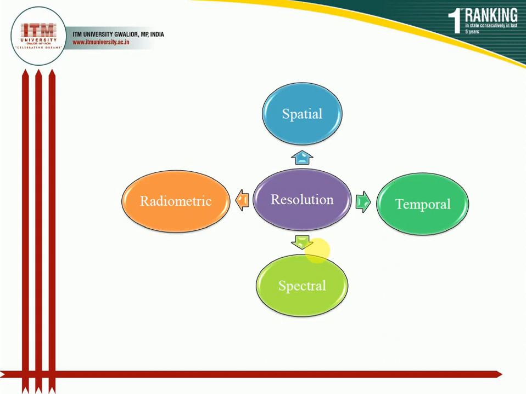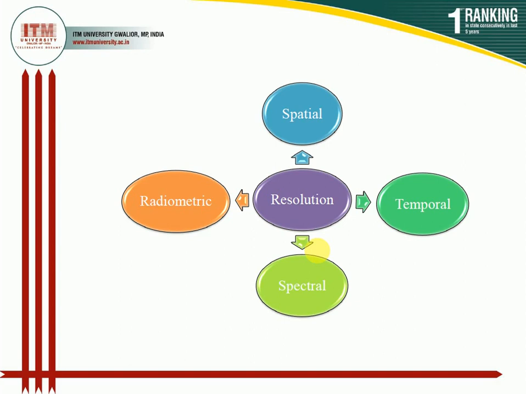There are different types of sensors which are used in spectral resolution, like panchromatic, multispectral, or hyperspectral imaging. The panchromatic imaging sensor basically has a broadband, giving an image of a particular object in a black and white pattern. The multispectral imaging gives information of a particular object but not in detail, and the hyperspectral imaging gives the information in very much detail. The next one is the temporal resolution.